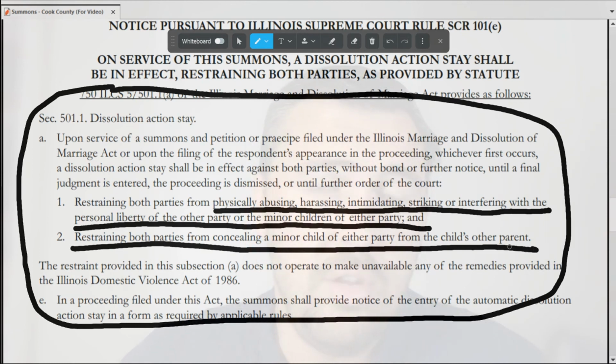So you get served and you're like, well, you're serving me with divorce, you're not going to see the kid. Can't do it. And the other party could bring a motion against you, and you could be held in contempt for doing that. So that's the summons in a nutshell. It can be overwhelming to receive this document, and by explaining it here, I'm hoping that I've dispelled some of that confusion. The main part of this document is you get served and you have 30 days to file that appearance